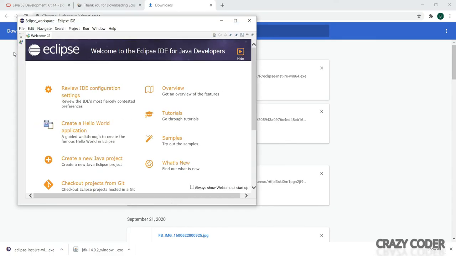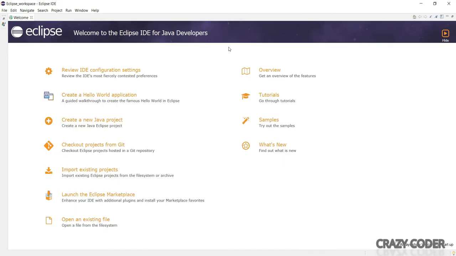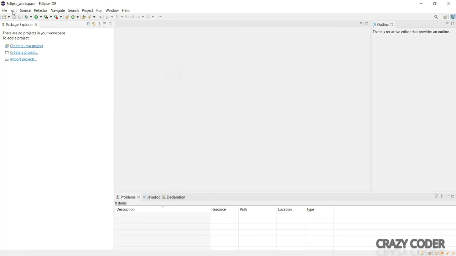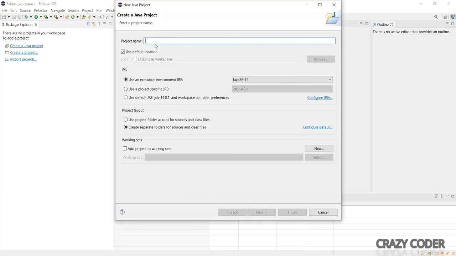Once it is done, this window will open up. Okay, so I will maximize my window, and yeah, you can see the options over here. I will create a new project, and to create a new project I will click on this, and now I have to give the project name. So for example, sample project, and in here, yeah, the JDK version is fine for me, and I'm not going to change anything in here.